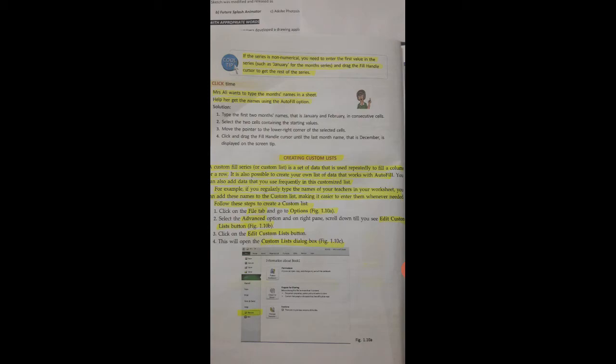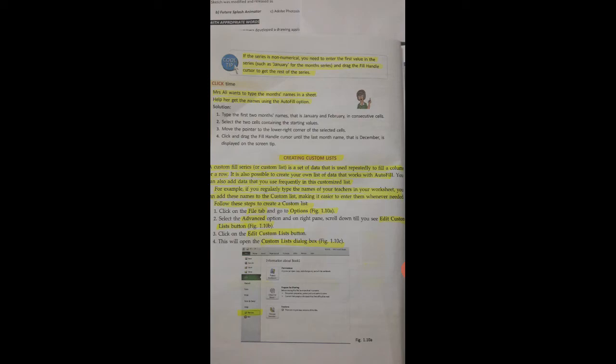फॉर एग्ज़ाम्पल जो रिपीटेडली आप यूज़ करते हैं, फॉर एग्ज़ाम्पल नेम ऑफ़ द स्टूडेंट्स हो सकते हैं आपकी क्लास के, नेम ऑफ़ द सब्जेक्ट्स हो सकते हैं, ठीक है। तो वो बार बार जब आप एक्सेल के अंदर उनको यूज़ करते हैं तो टू सेव टाइम आप उसको कस्टम लिस्ट के अंदर डिफ़ाइन कर लेते हैं और फिर उसी तरह ऑटोफिल फ़ीचर के साथ उसको यूज़ कर लेते हैं। तो आपने कस्टम लिस्ट कैसे क्रिएट करनी है, इसके लिए उसने